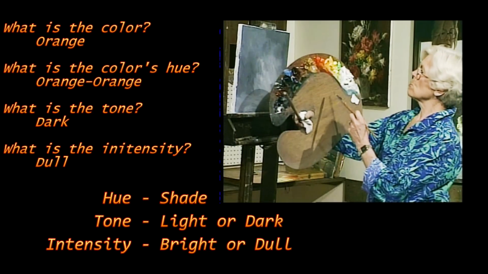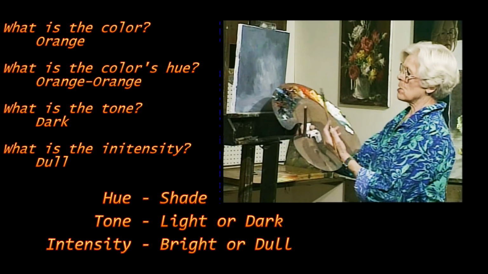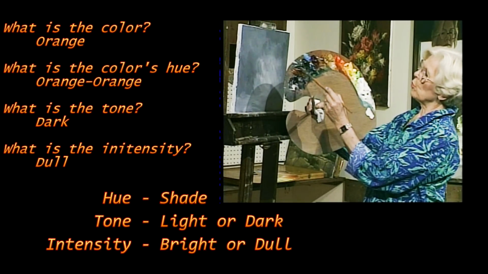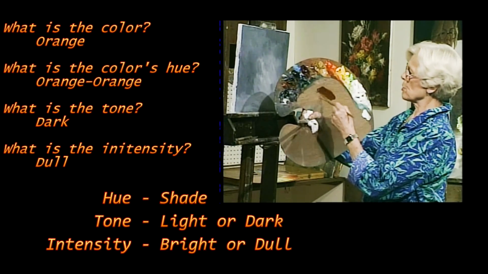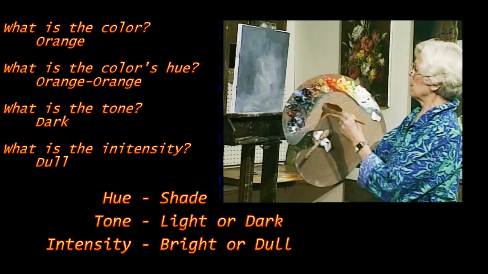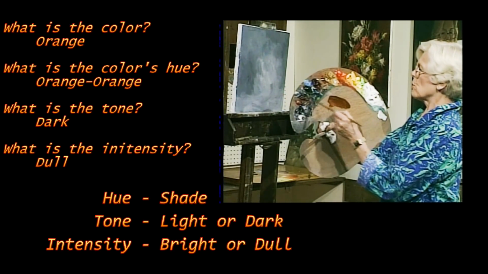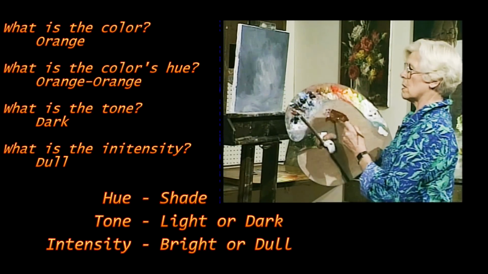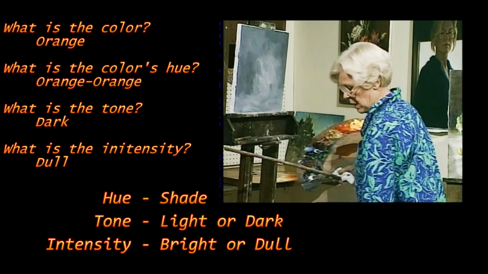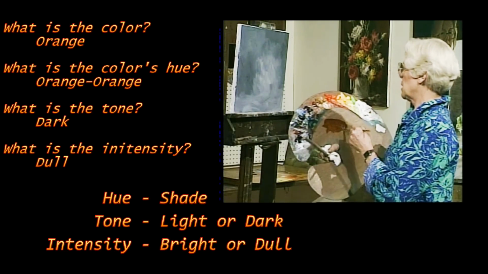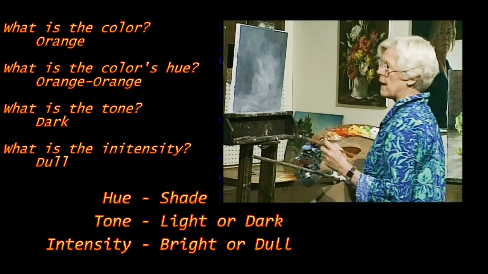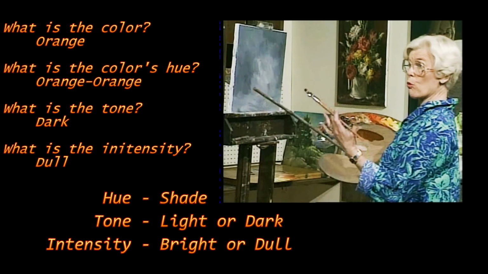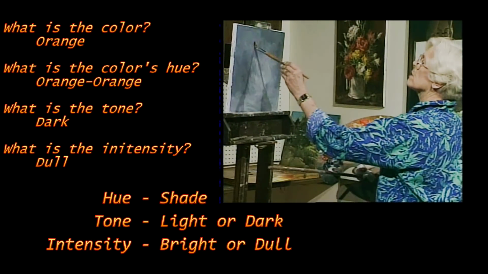Now, what one is it close to? It's not a bright orange. It has to be a duller orange. So probably into this duller, warm group, burnt sienna would be closer to that than this. Don't have a preconceived idea of color. Don't say that orange is only the color of a tangerine and yellow is only the color of a lemon. Each color can vary in tone and intensity from very light to very dark, to from very bright to very dull. So let's see how this works.